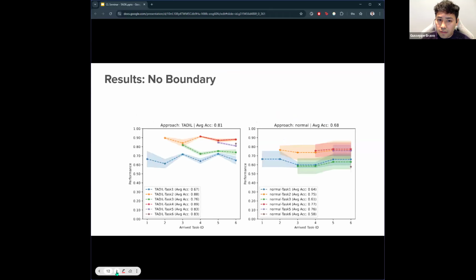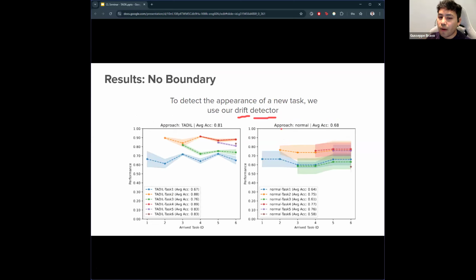In the no-boundary scenario, when we don't have this for loop, we can use the drift model. In this case, we will see if the new batch's domain doesn't belong to the original one.